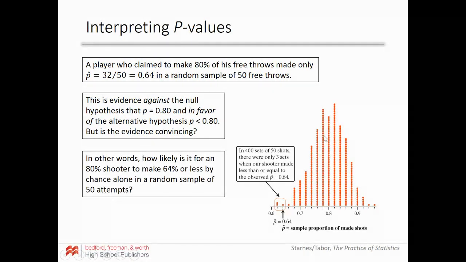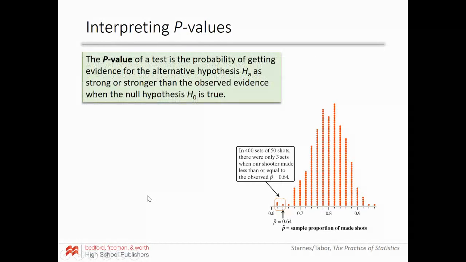Well, we took 400 samples of 50 shots, assuming that p really is 0.8, and we see that getting only 32 out of 50 shots, or 0.64, only occurs 3 out of that 400 times. Only occurring 3 out of 400 times is a very small probability, so this evidence might actually be pretty convincing. And that exact probability, 3 out of 400, is basically the p-value: the probability of getting the point estimate or statistic